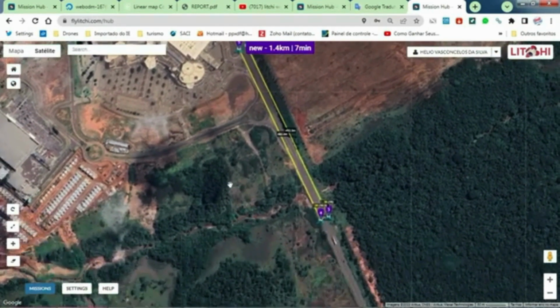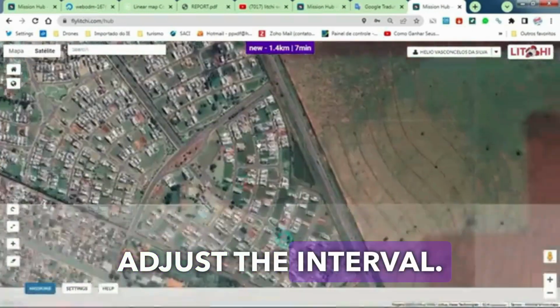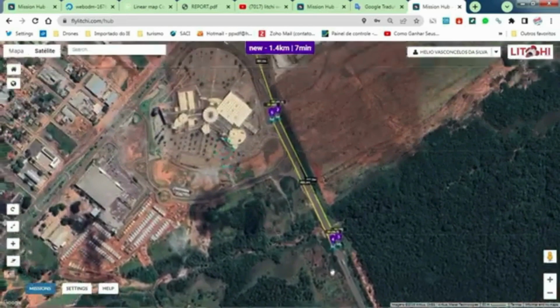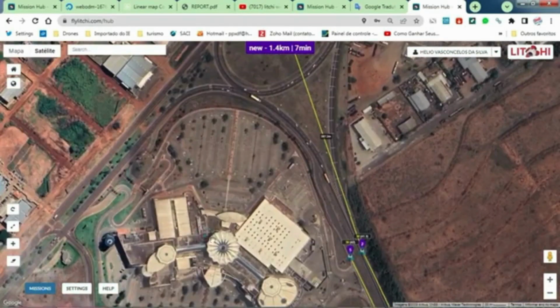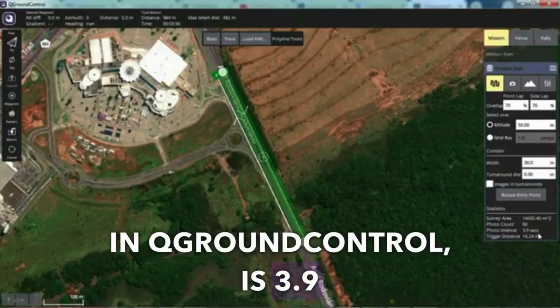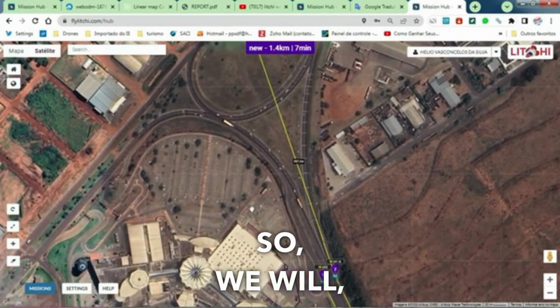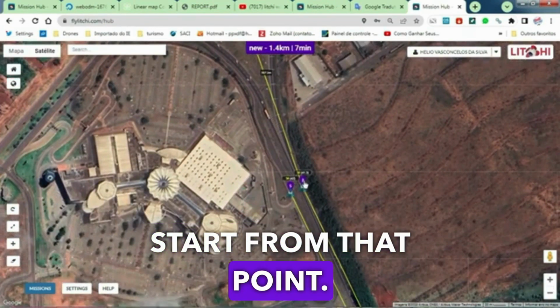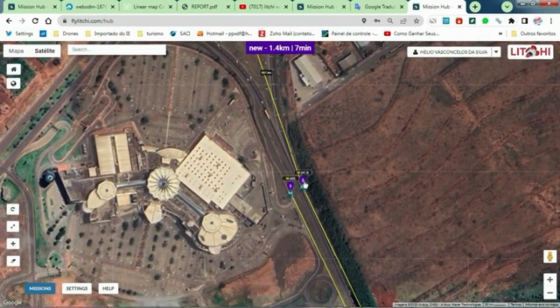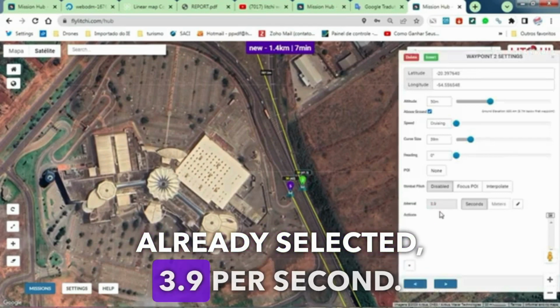So, what do we have to do now? Adjust the interval. Now we're going to adjust the interval, and the interval in QGroundControl is 3.9 seconds for each photo. So, in this case, we start from that point. Here we are already selected, 3 per second.